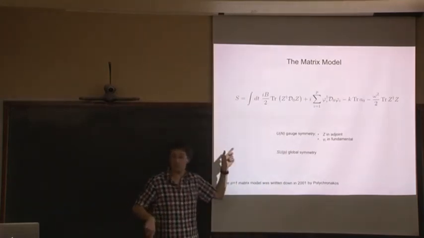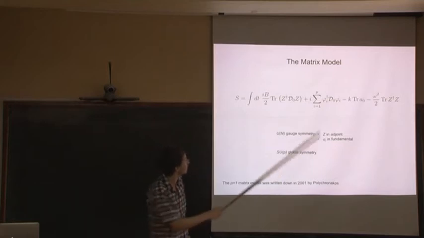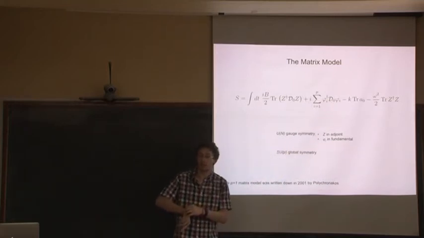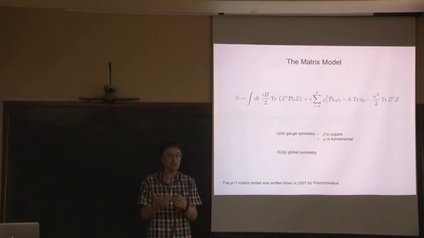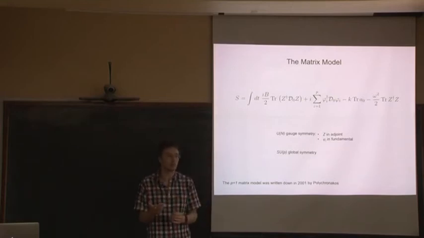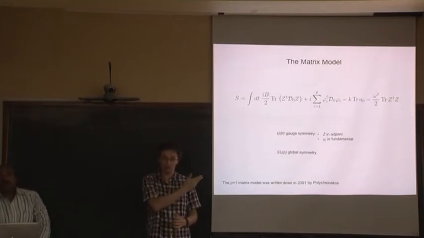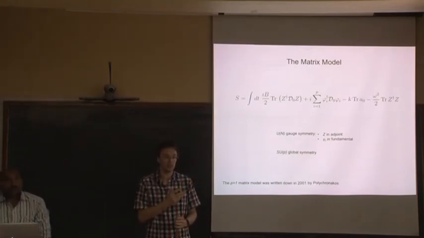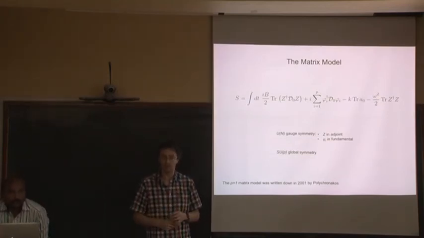We're not the first to consider this matrix model. In the case where you just have one of these scalar fields, this was written down by Alexios Polychronakos back in 2001, and he wrote it down precisely as a model for the quantum Hall effect. And back then he argued that the ground state wave functions of this theory were the Laughlin wave functions. So we're going to review that later in the talk.